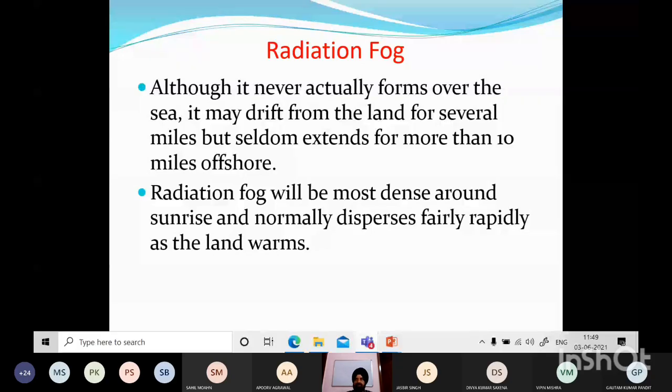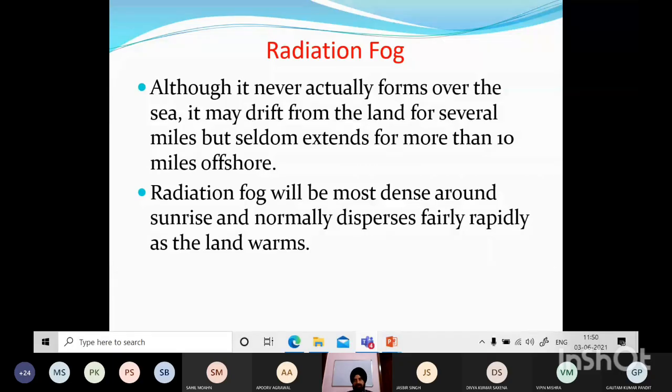But in coastal areas of course we have to navigate, ships have to go to the port. So here also there is a problem: when approaching a port, if you have fog, it becomes even more dangerous. So radiation fog will be most dense around sunrise and normally disperses fairly rapidly as the land warms up. The radiation fog, I think, is very common, you have seen how the land gets heated